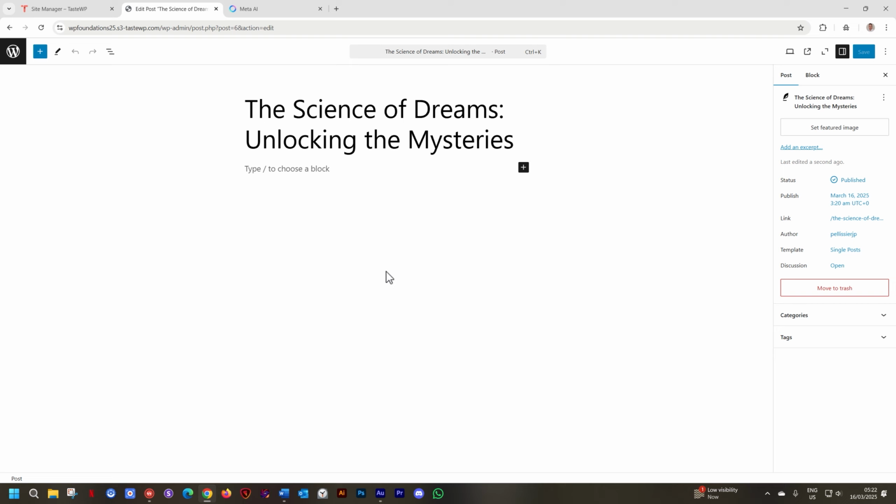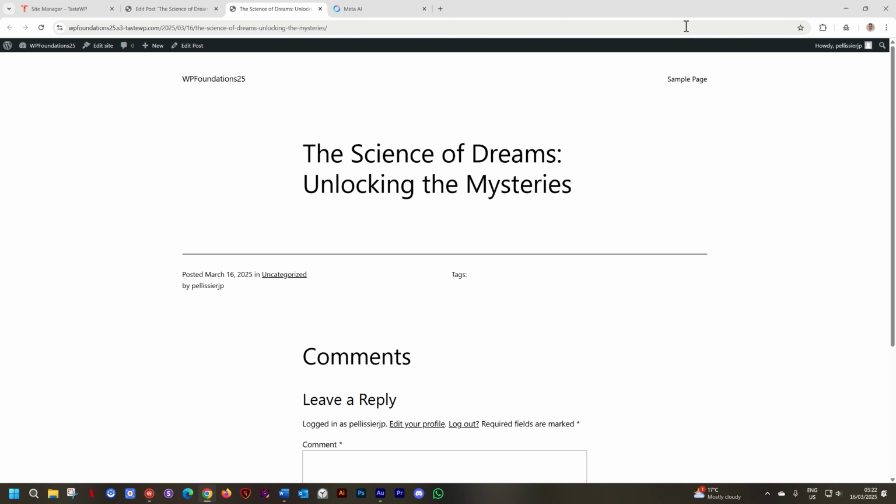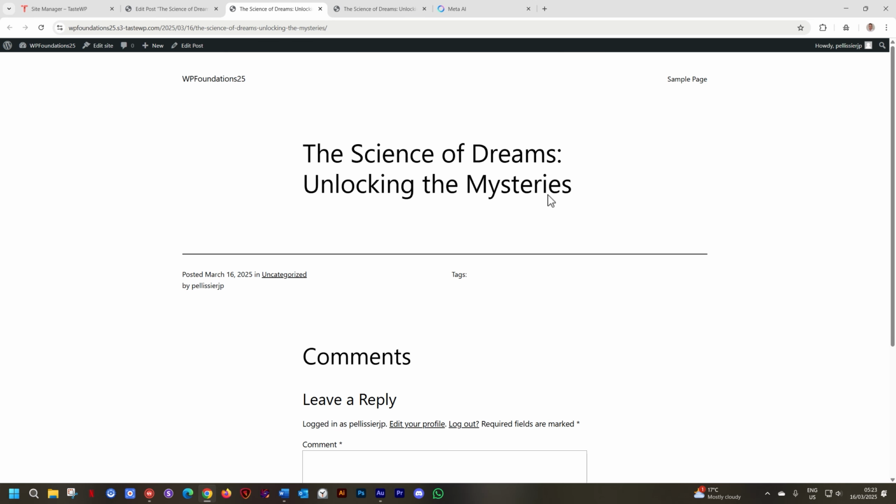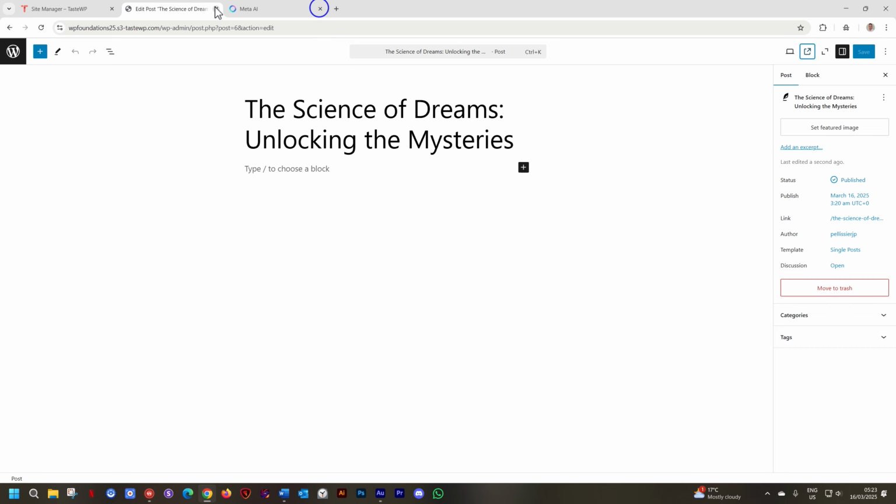Once you have published your post, you can again view it on the front end. In the toolbar, go to this little icon here that shows you something can pop out. It says View Post. And when you click on it, it's going to open the front end for you in a new tab. And every time you click on it, it will open a new tab for you. And this way you can again work between the back and the front end.